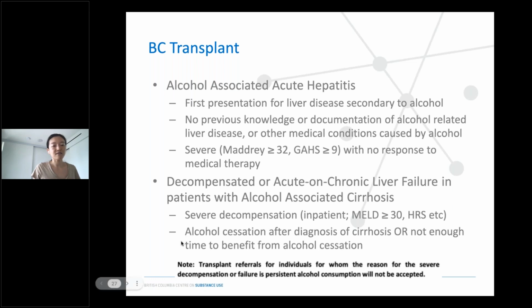But if the patient did not have time to benefit from alcohol cessation, for example, if they stopped drinking alcohol 4 months ago, they have their underlying depression or triggers well addressed, but they had ascites at the time, and now they have infection of their ascites, they're decompensated, they're here in the ICU on pressors, that would not exclude them because they did not have time to benefit from their alcohol cessation. But if someone is coming in with acute on chronic liver failure because of ongoing alcohol use, this patient will not be accepted for